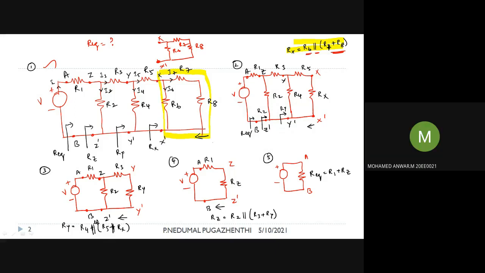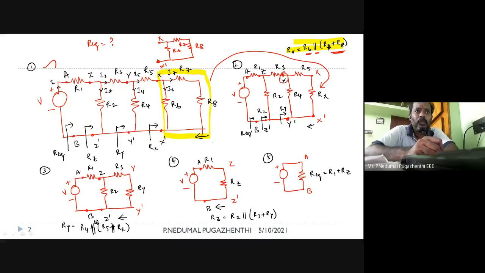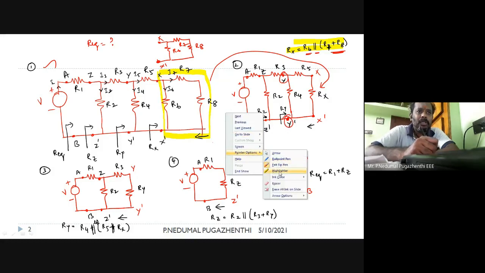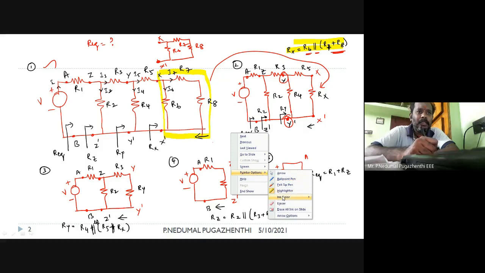No doubts. Okay, I think you know what series and parallel combinations are and how to find them. We have done so many problems so far. Now my second point of note is y dash. If you see the second diagram, this highlighted equivalent is Rx. It is combined with R4 and R5, which are after this y dash node. We are supposed to find that particular value. Let me choose a different highlighter.